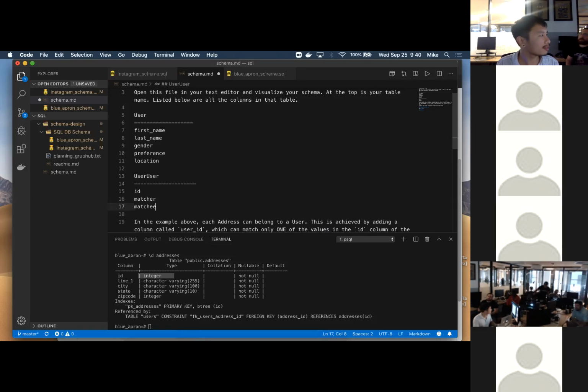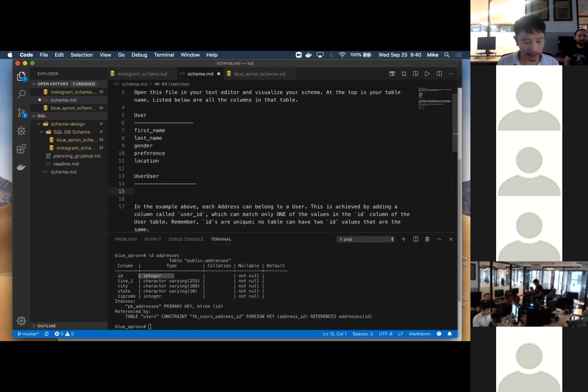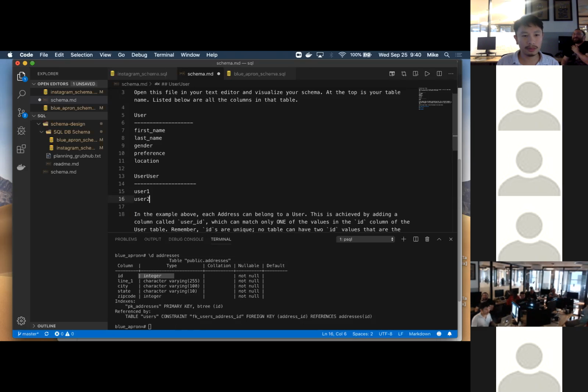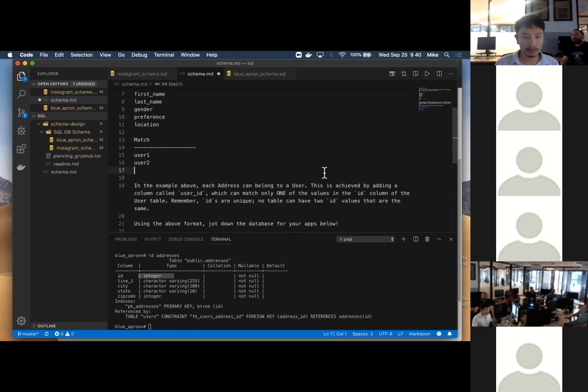I mean, it doesn't matter necessarily. User 1 and user 2 would be just as descriptive, right? Because you know it's just 2 people, unless there's like 3-way dates or something. Is that a feature we're gonna have? Or is that a different app? No, it's Tinder. User 1 and user 2. And we'll call these match. And maybe in that match table, we're extending it to say, does user 1 match user 2 and user 2 match user 1, as booleans?